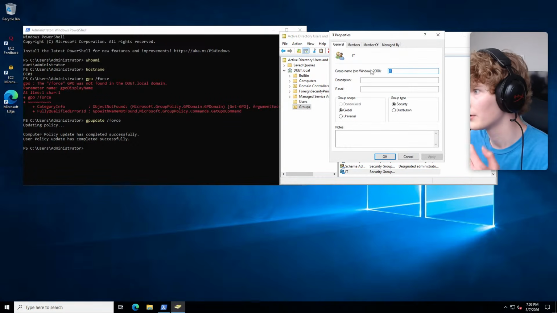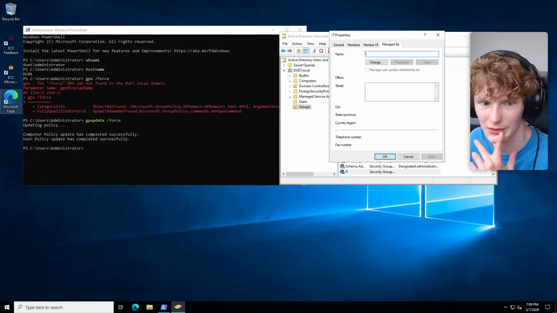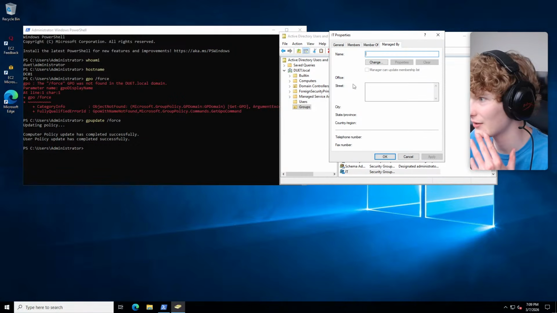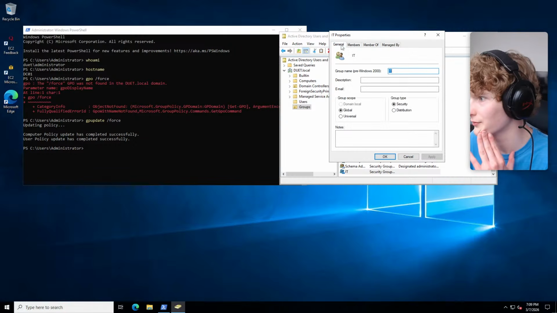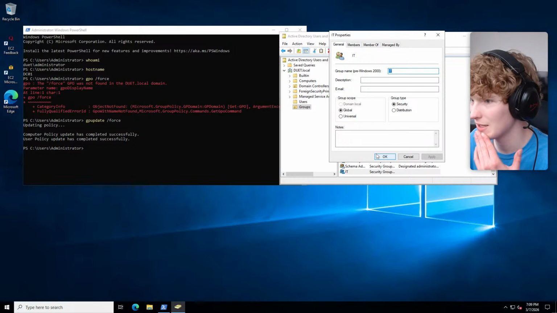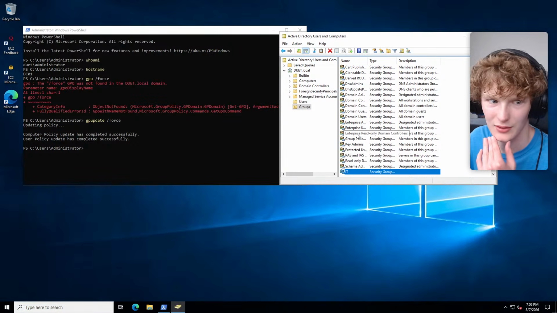Properties. Managed by. I do this. I actually forgot how to give groups... I forgot how to give groups DACL. It's another thing to Google, I guess.